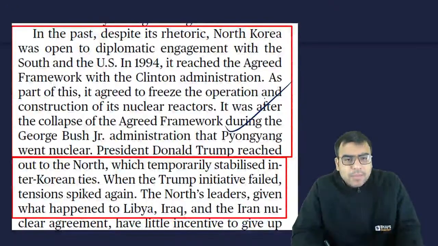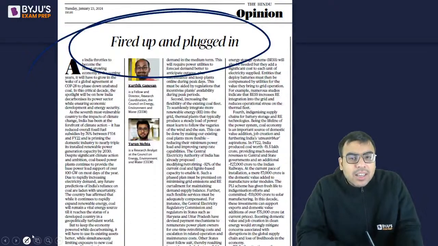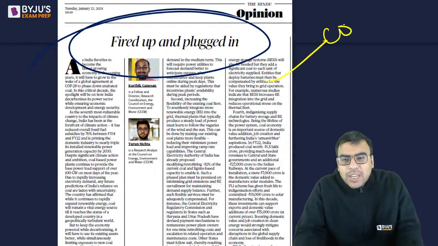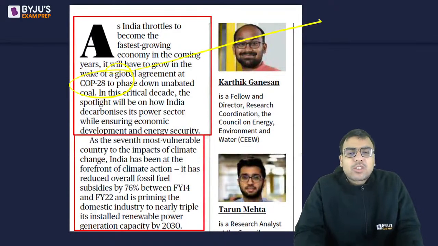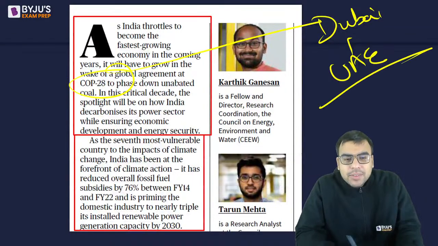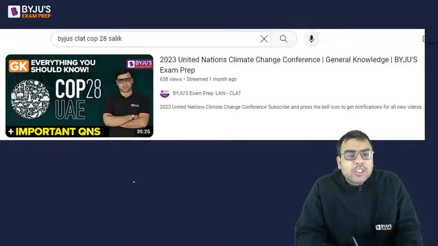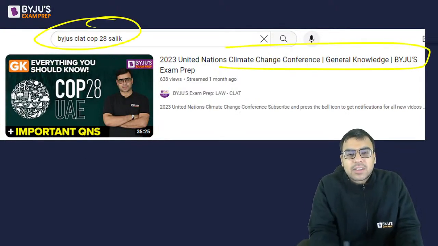एक दूसरा आर्टिकल है, the next one is talking about "Fired and plugged in." So this is an article, opinion page में था. This is talking about COP28. ठीक है, so COP28 से related है. That Conference of Parties 28 happened in Dubai in United Arab Emirates. I hope you are aware, है ना? So these are the things. अब देखो इस पर I have done a separate class. Just search this and you will get this, है ना? And watch this,